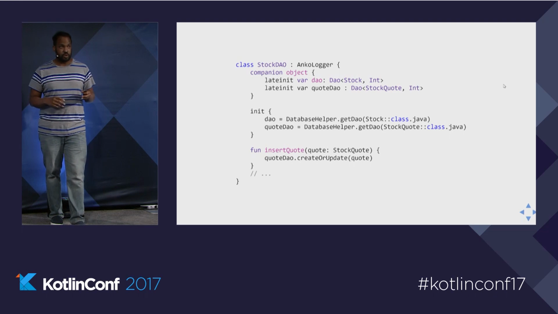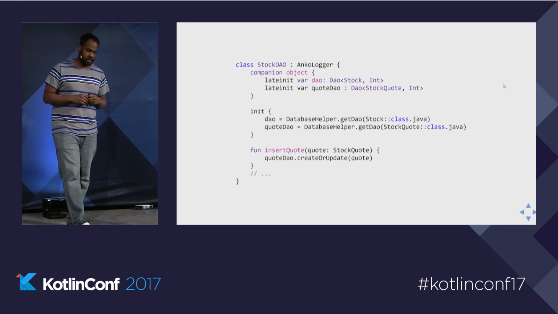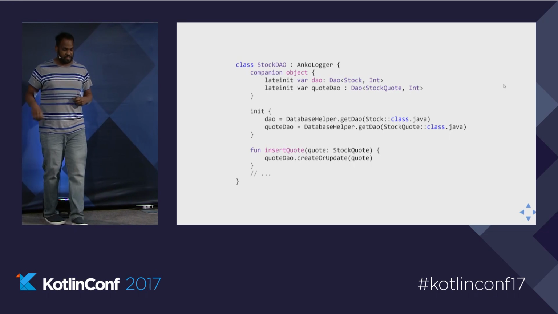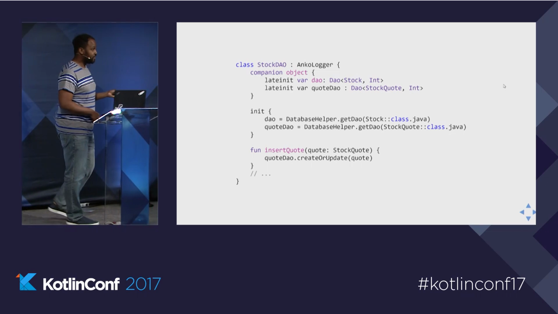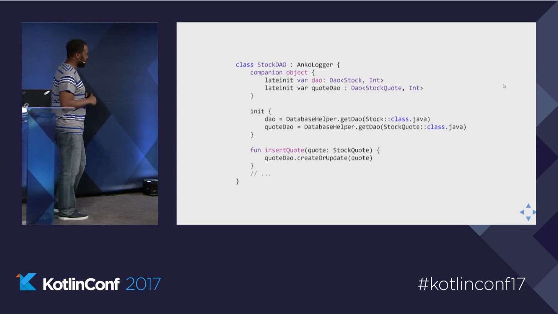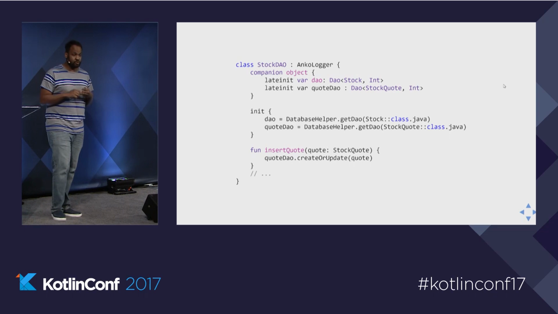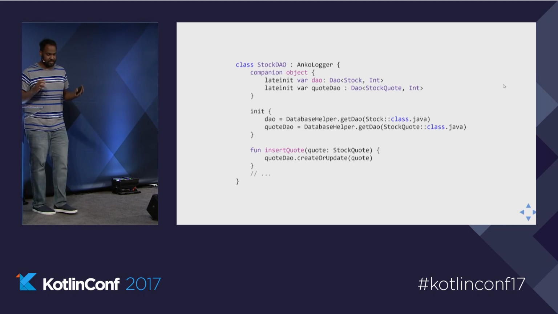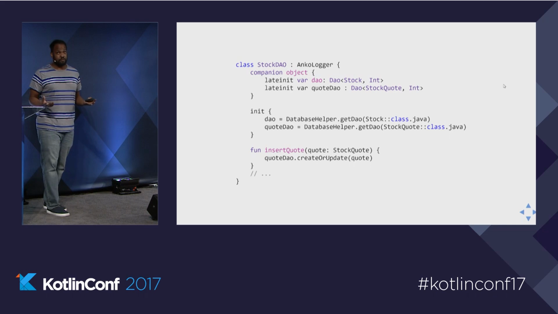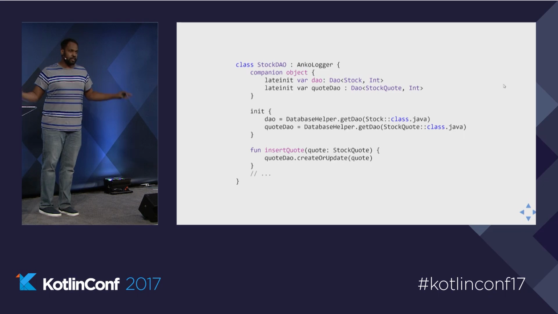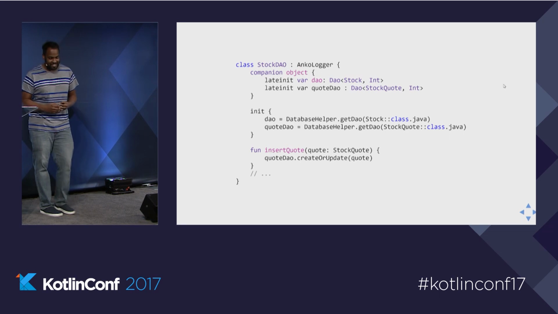The next thing that I worked on was the stock DAO object. And excuse this for being bad code, because this is how a lot of my code looked when I started using Kotlin. I was really scared of the val keyword and the immutability. So to get around the scary question mark that it puts after your types, I was like, I'll just make everything lateinit. And that's kind of bad. But